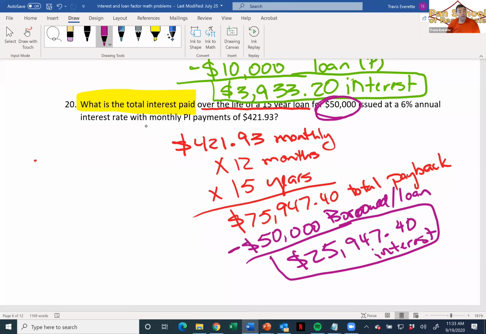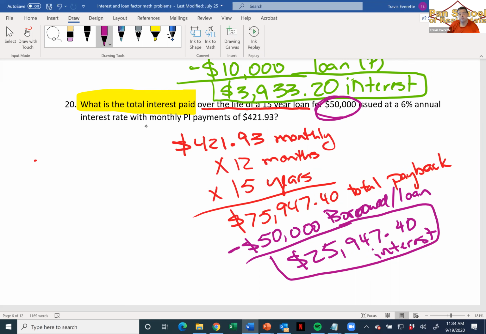Exactly. Now, you fully have my permission. If you would like to do 15 years worth of payments and calculate the interest on each one of them and the loan balance after each one, and then add up all of those 180 payments, you have my permission to do that. I think the exam might take two hours if you want to, but if you want to do it that way, you can. Okay. How do we feel about that? A little better?